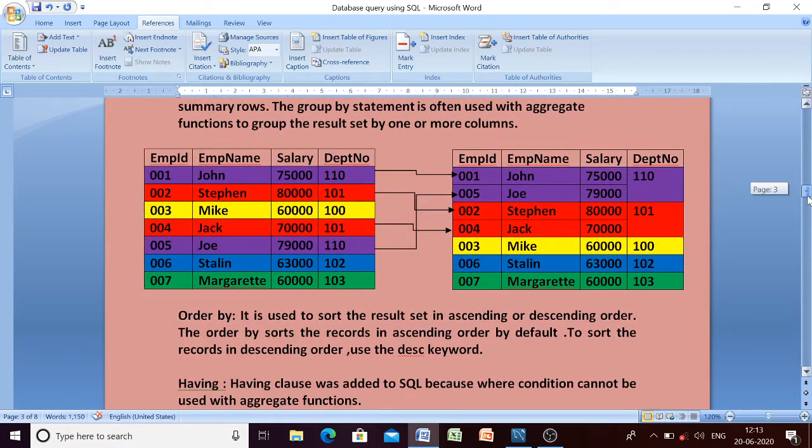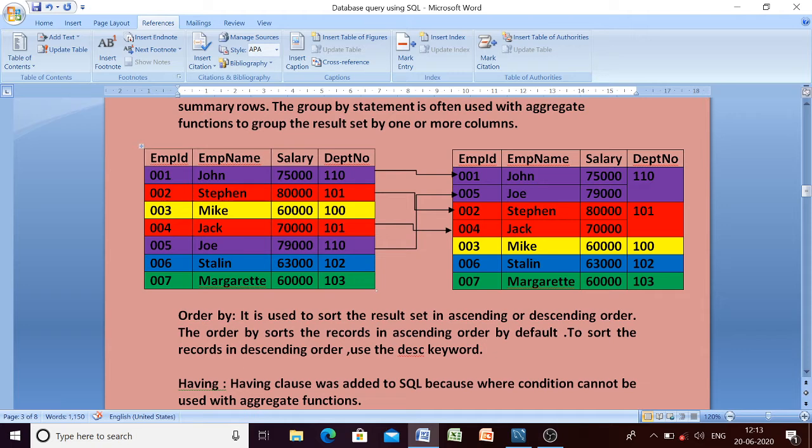Okay, so remember one thing, what is the difference between where clause and having clause? That is, having clause can be used to apply filter on aggregate function, because where clause cannot be used on aggregate functions. Okay, so suppose in this diagram we have a table where employee ID, employee name, salary and department number are given.